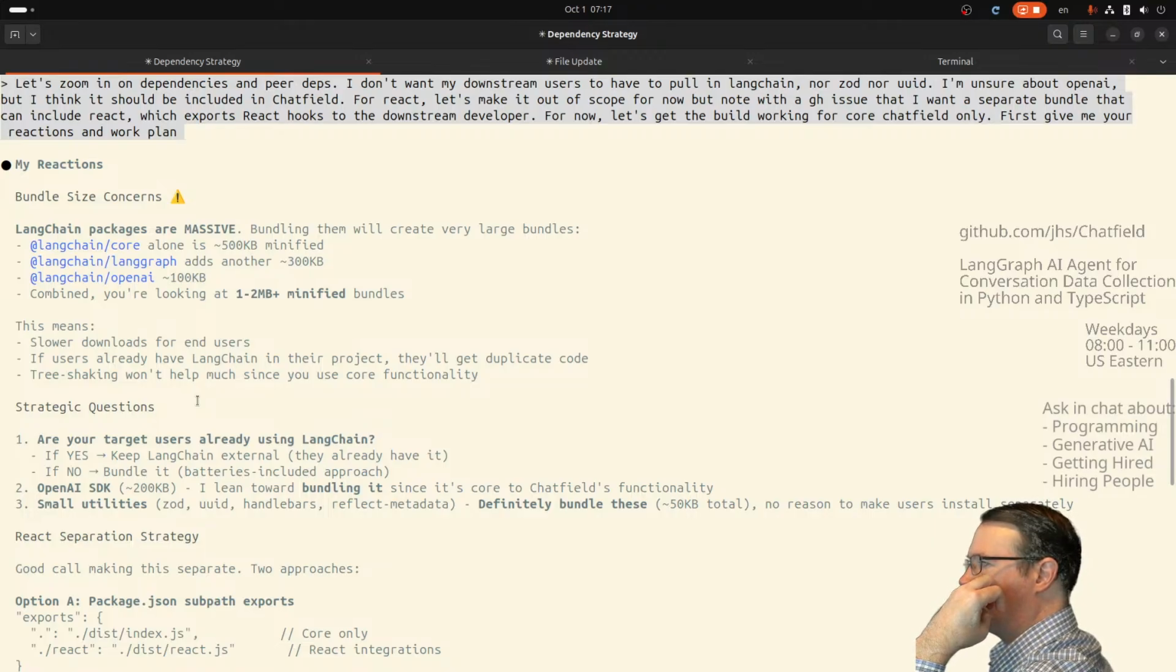Okay. Are your target users already using LangChain? If yes, keep LangChain external. If no, bundle it, right? The OpenAI, yeah, exactly. The problem is, I don't know if Claude Code realizes, without bundling,